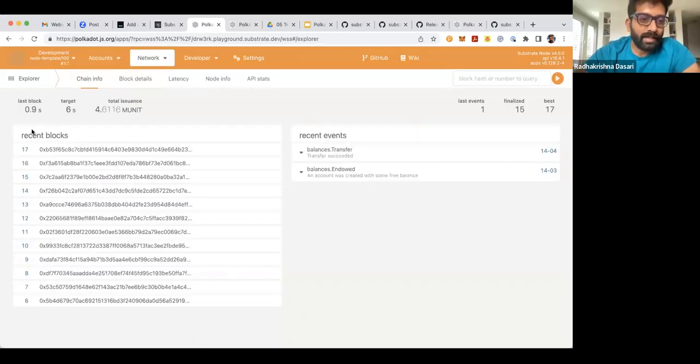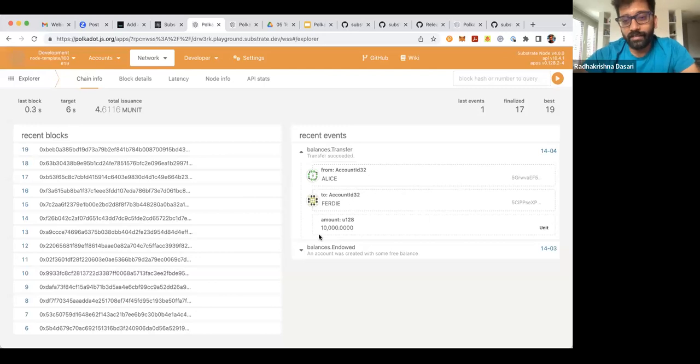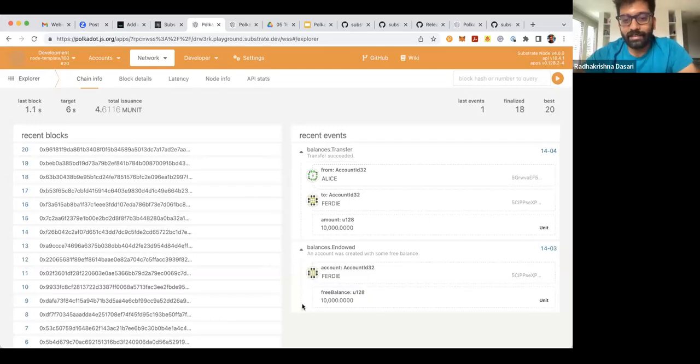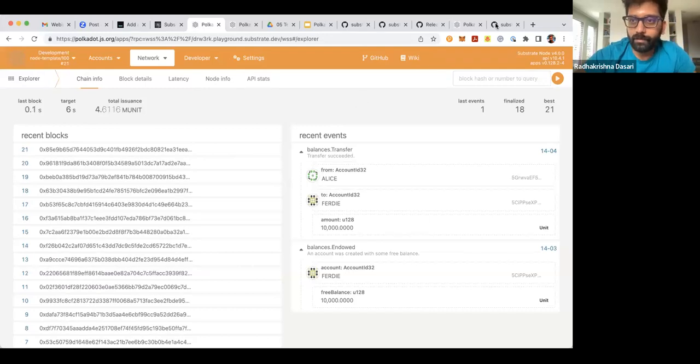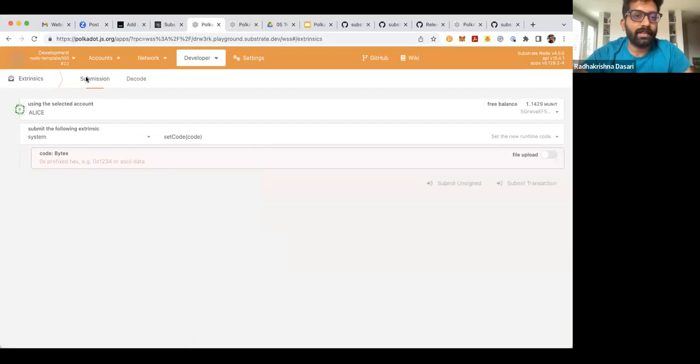So clearly within all these blocks, it's running like a ghost chain, no activity is happening on the blockchain except for this one. So what we did was from Alice to Ferdy, we sent so-and-so amount of tokens, and then Ferdy has this balance endowed. So I told you, everything that the blockchain imports from the FRAME library,